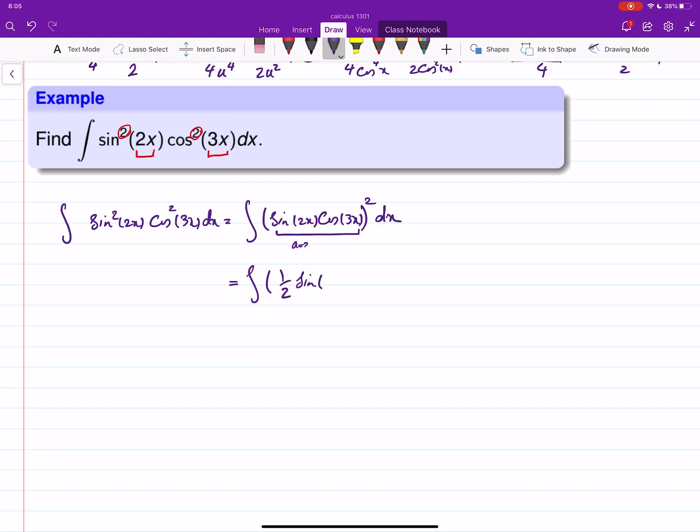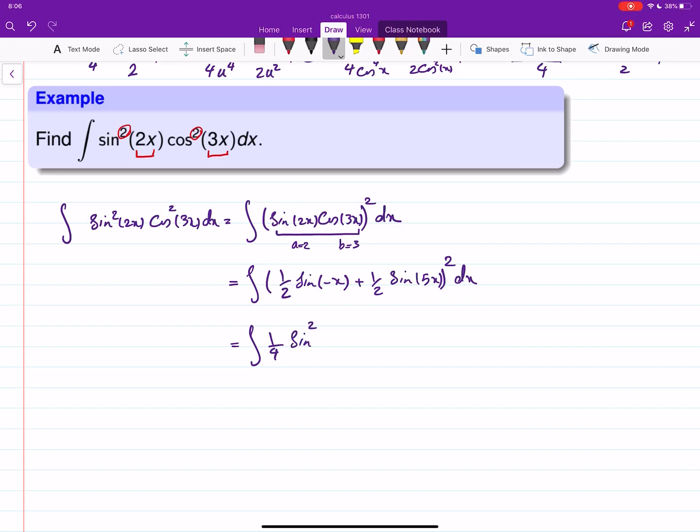A is 2, b is 3, so that will be minus x plus half of sine of the sum of those ones, 5x squared dx. Okay, there's no other way around this. So we do that first, and then this is squared, a plus b squared, so expand. So this will give me 1/4 of